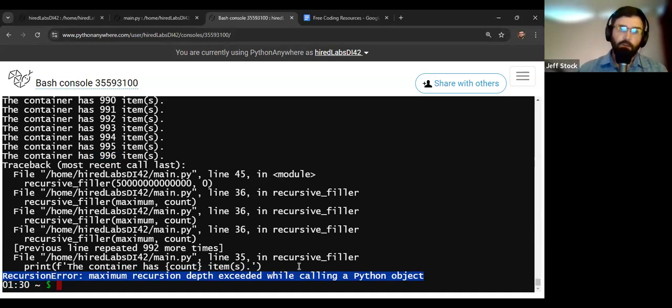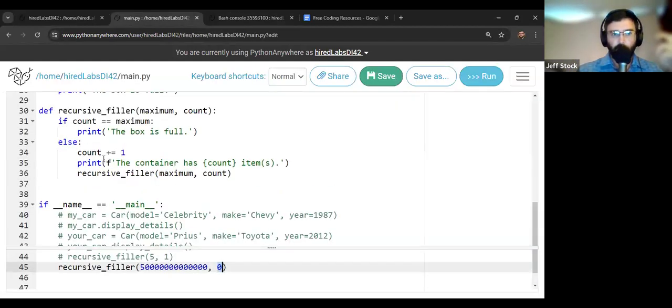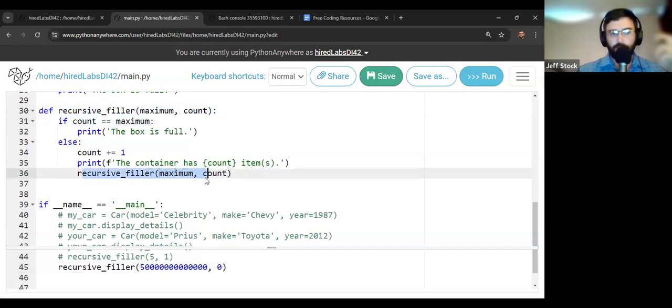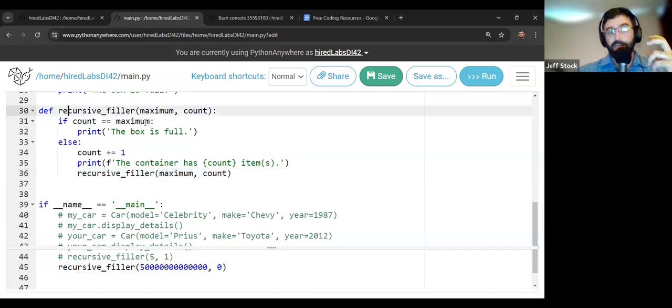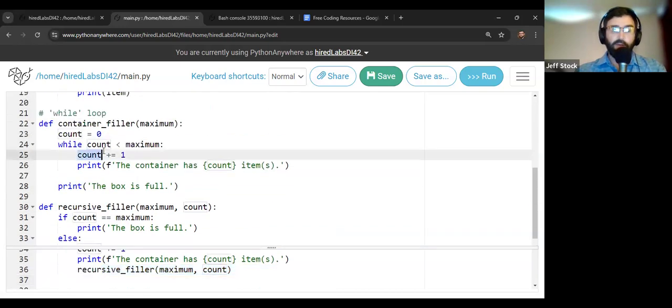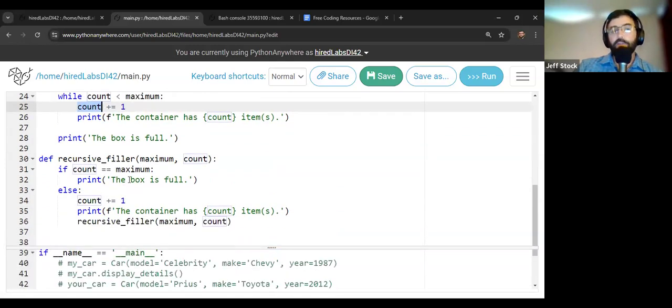So in both these cases, though, what is breaking? What is the thing that's being exceeded? In this case, it was the maximum recursion depth, right? If you think about our recursive function, think about going from the top to the bottom of this function. When it gets here, remember I told you it basically stops until the next run goes. So think about it going deeper each time. And then the while loop did something else. It said we were using up resources from everybody else, and so it stopped us. So what are the things that are being maximized or used up or pushed to the limit in both of these cases? What is it that we're doing?